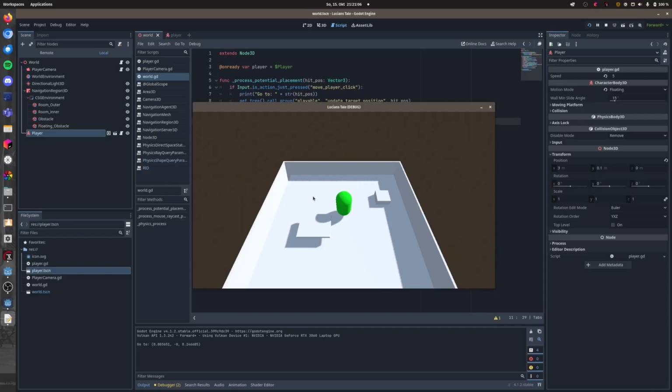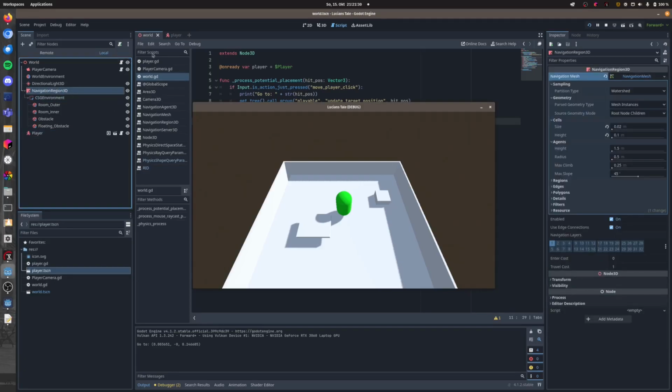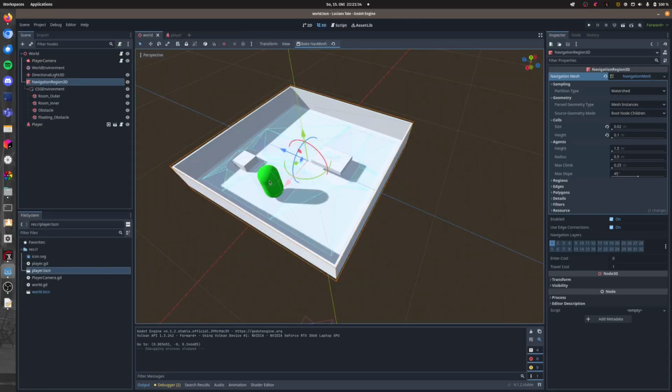So the first part I actually didn't record because I did some navigation, and since there are many high quality tutorials on how to do navigation, I basically followed the video which I linked down in the description. So here you can see how this works. I basically have a CSG environment as a child of a navigation region 3D, and if I close this debug window here, you can see that you can bake the nav mesh and also play around with these settings